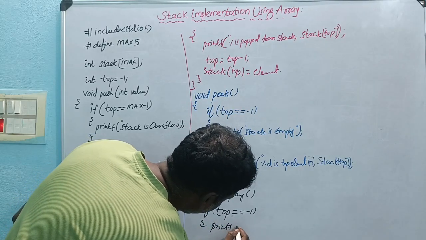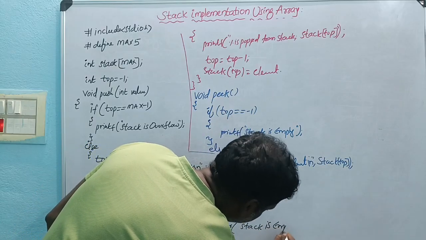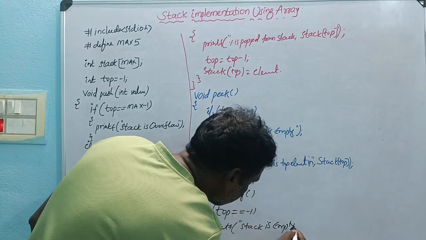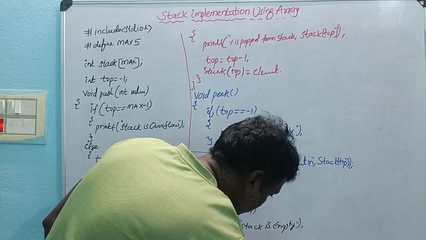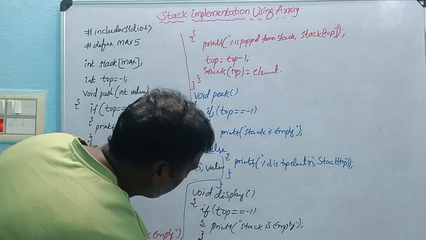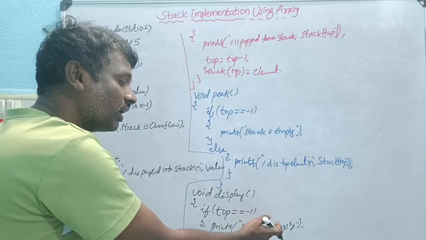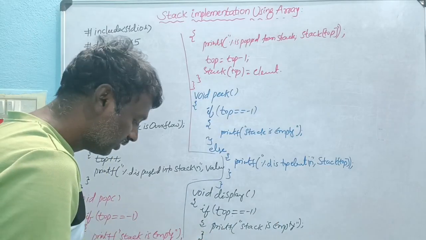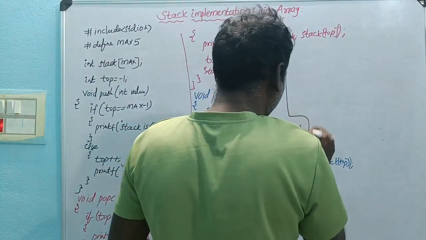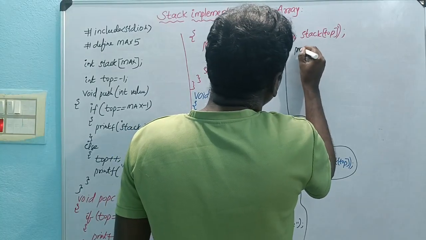printf "stack is empty". Stack is empty. Else, what will be executed? If the stack has 0 elements, the stack is empty; otherwise else will be executed. What is that else? If the stack has some elements, then continuing, printf